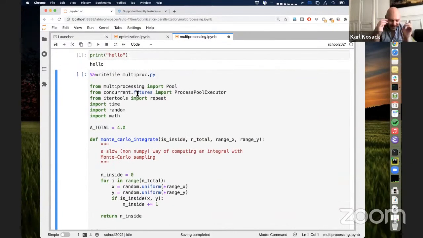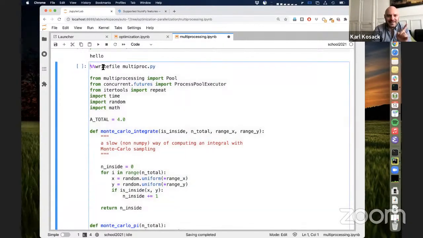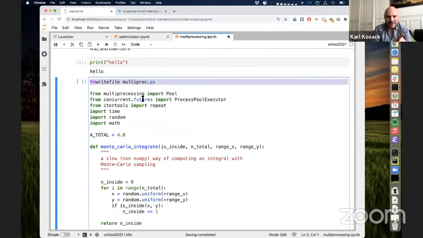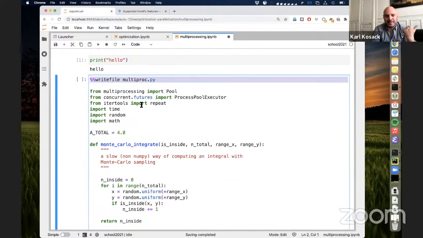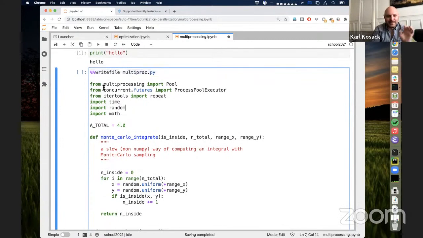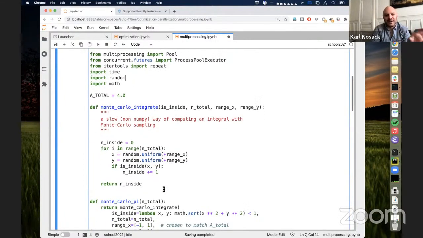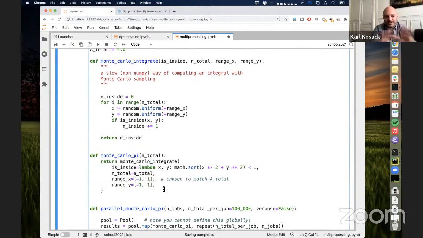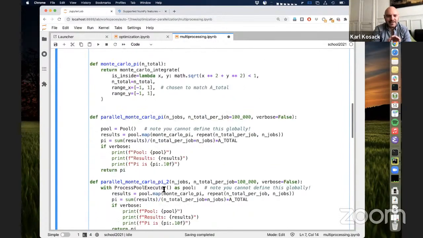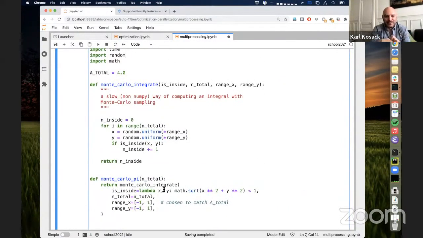So here's one of the big caveats of doing anything with multiprocessing or concurrent features or any of these. You cannot run them inside a notebook. Of course I'm going to run them inside a notebook here, but that's because I'm actually not running these in the notebook. This code is being written to a file called multiproc, and then I'm importing it again. It's just like when we did the optimization and the memory profiling. This will fail with crazy results if you run it in a notebook, because the way notebooks work doesn't allow parallelism. You can look at this on your own time.